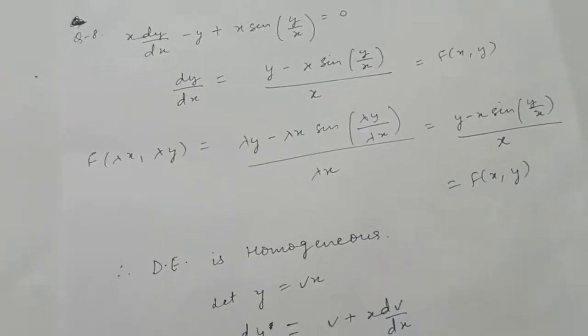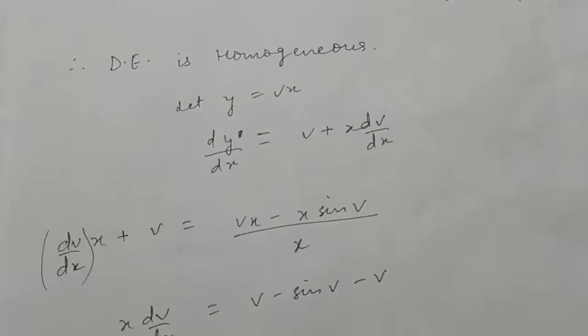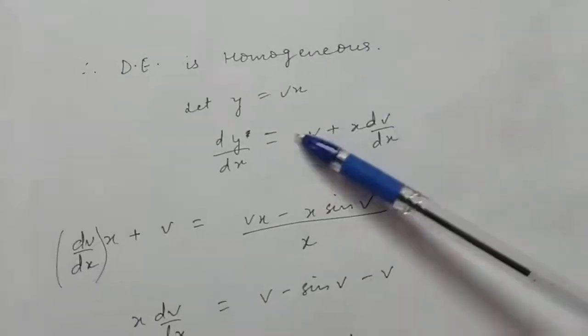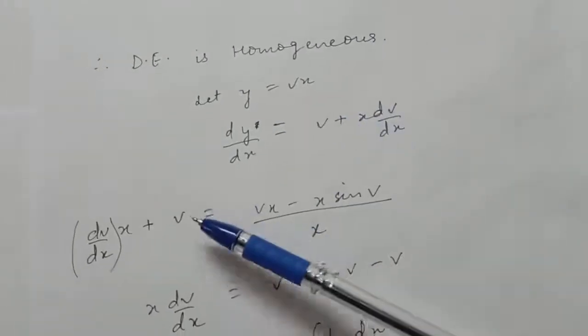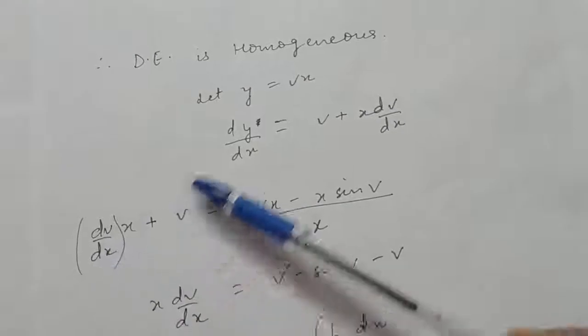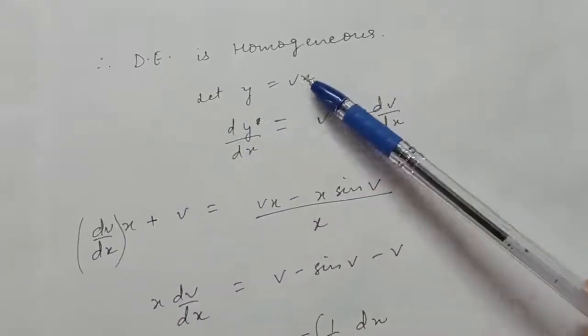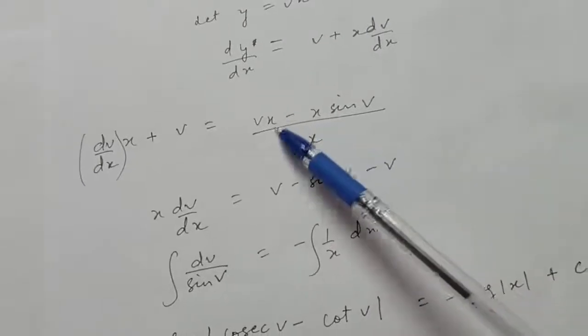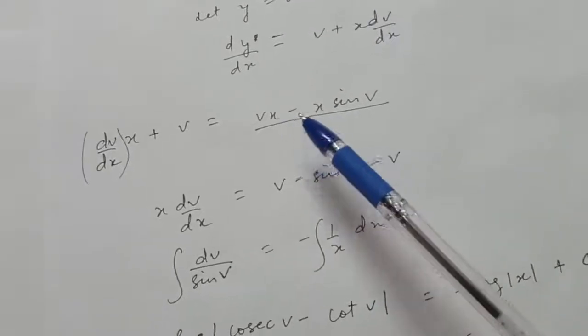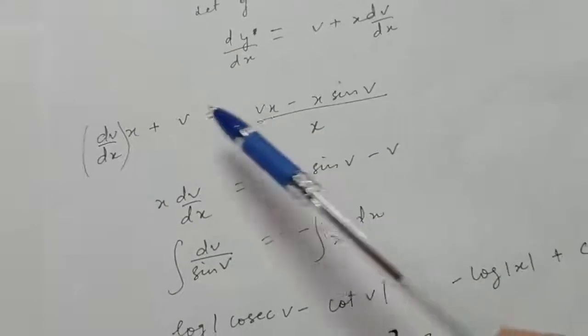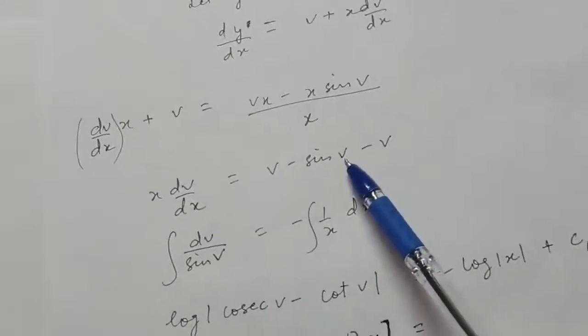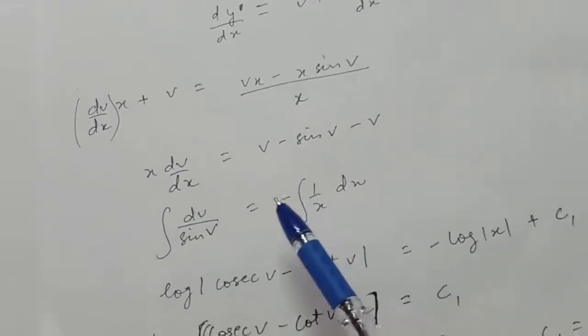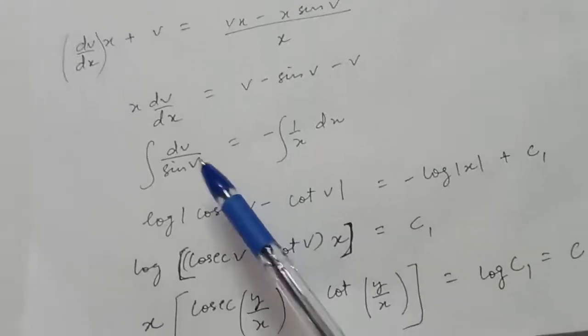Now because the differential equation is homogeneous, let y be equal to vx. So dy by dx will be this. In place of dy by dx, write down this, and in place of y, write down vx in the given equation. So you will get it something like this. Now take out x common from the numerator and cancel it with the denominator, and take this v on this side. So applying variable separable, you will get it something like this.